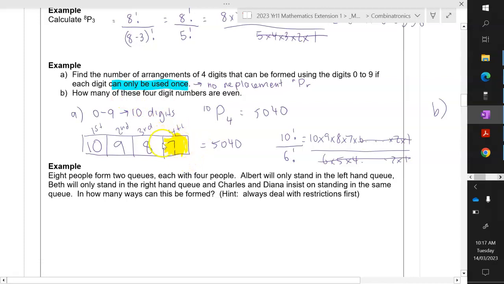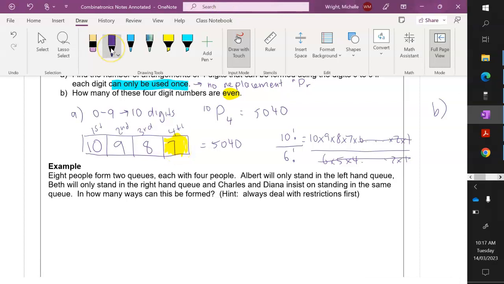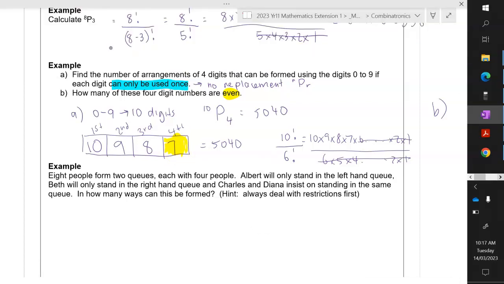So that's the only thing that really matters when we're looking at even numbers, is that last place. So now we need to think, okay, well, how are we going to figure out, even-wise, what's going to happen there? So an even number would happen if that last digit is going to be an even number. So what even numbers do we have? We've got something